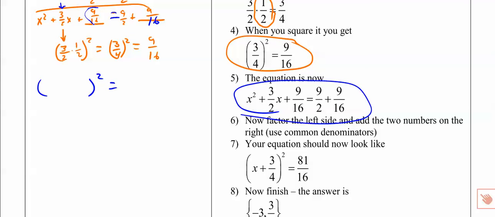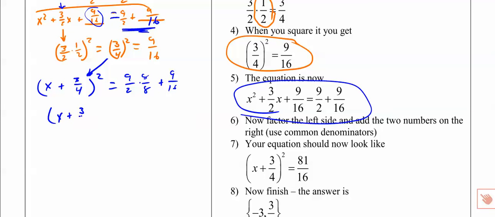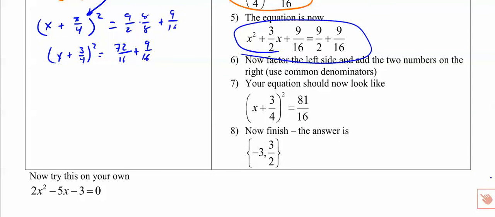Question is, how do we get 9/16? We multiplied 3/4 times 3/4, so 3/4 is what gets used right here. Now to add these together, we need a common denominator. 9 halves. We multiply the top and the bottom by 8, or x plus 3/4 squared equals 72/16 plus 9/16, or finally, and we're running out of space,